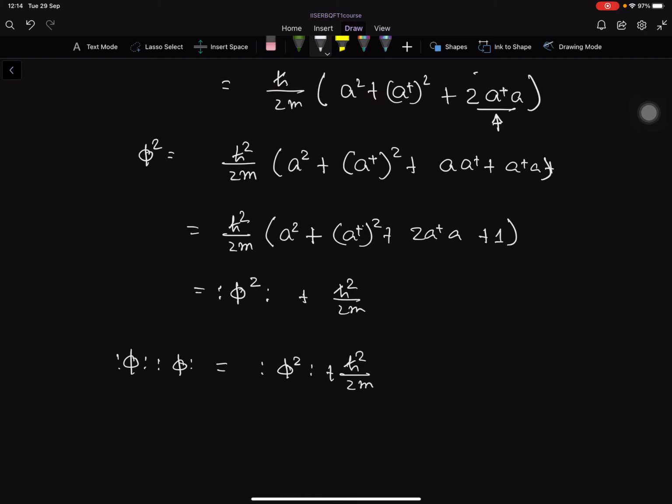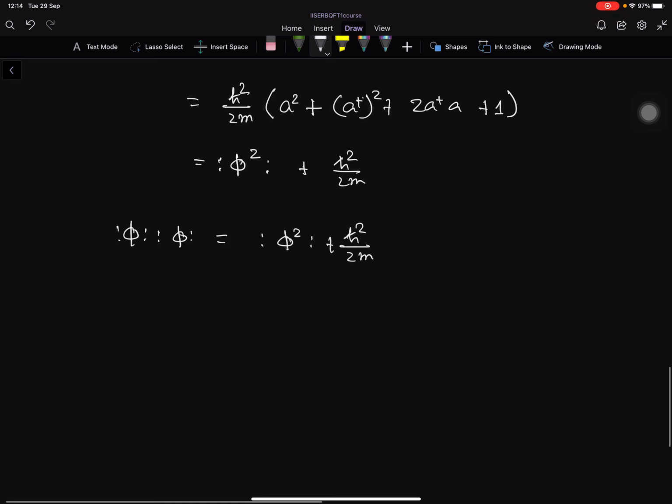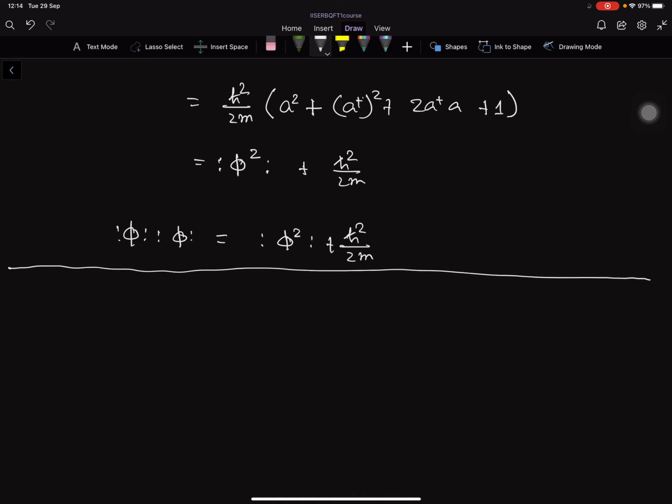Okay. Now let's just make the case, let's also understand what happens in the time dependent scenario. So in the time dependent scenario, phi I of t normal ordered is simply h bar by 2m (a exponential minus imt plus a dagger exponential imt). Okay. Now let's try to compute